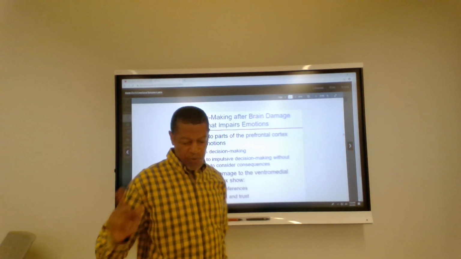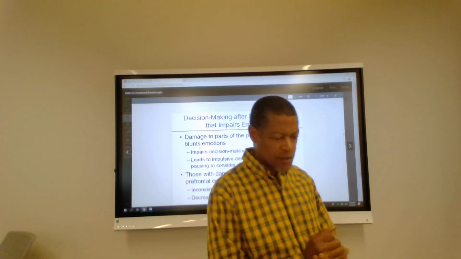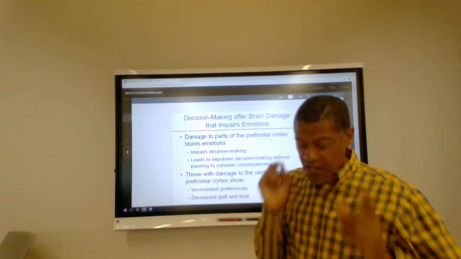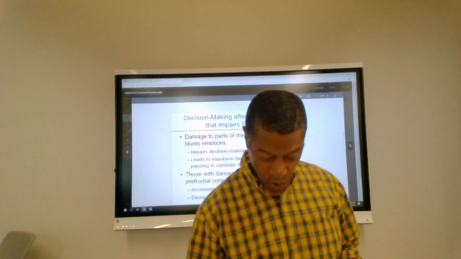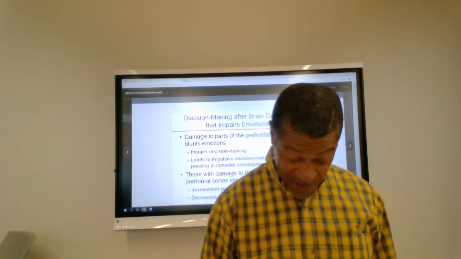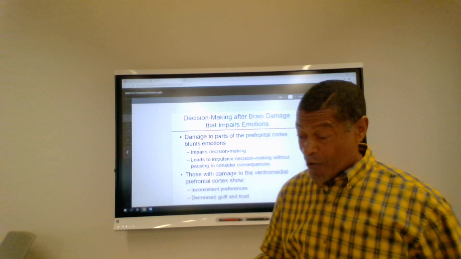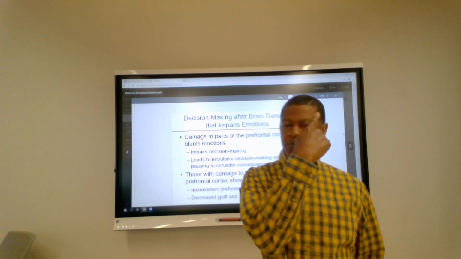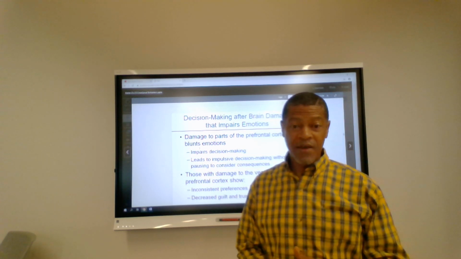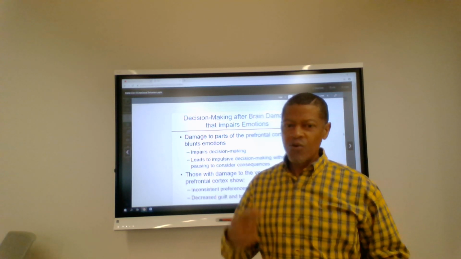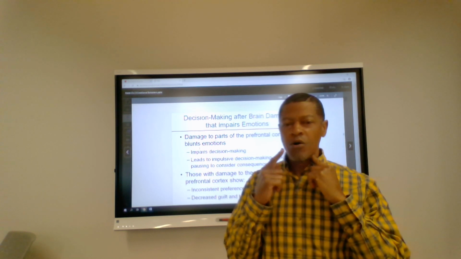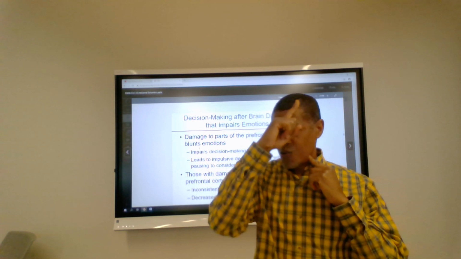So with brain damage, there was a fellow named Phineas Gage, who was working on a railroad. Essentially, this individual had a railroad spike that went up through his nose, through his head. You would think he would die from that. Well, in actuality, it didn't go through the vital areas, the medulla and pons. It went up through the nose, but it went through his frontal lobes.